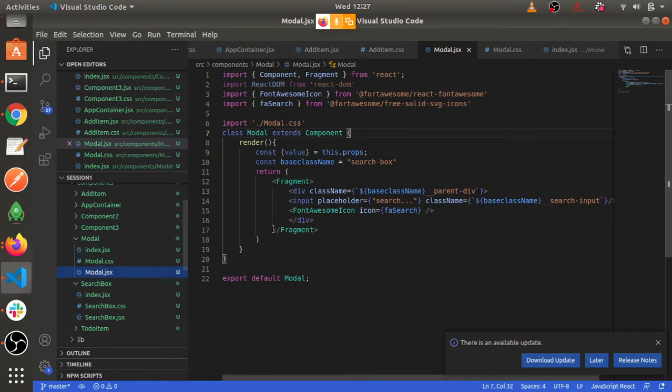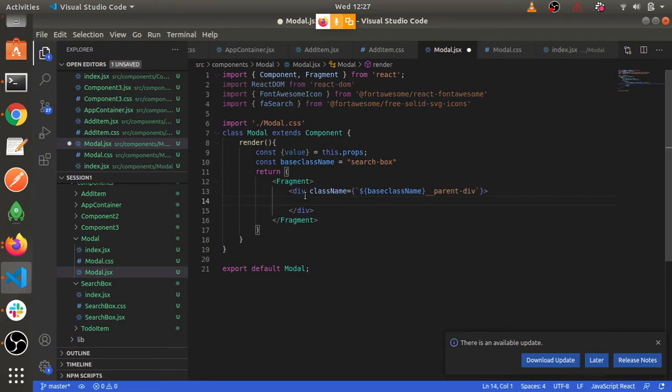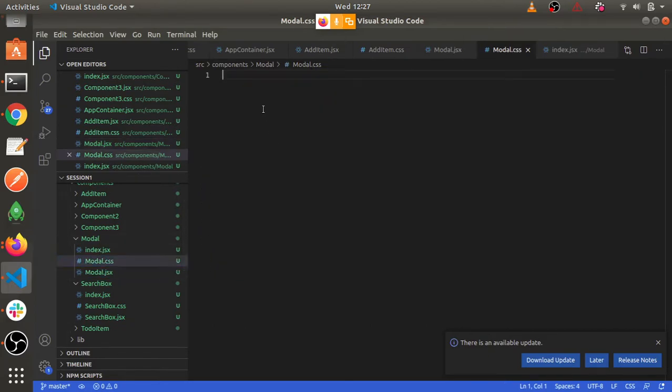I'll go to the modal and keep one parent div, which is already there. I'll rename it, otherwise the search box class properties will come inside it, which we don't want. So I'll name the base class name modal, the parent div, with width and height 100%.